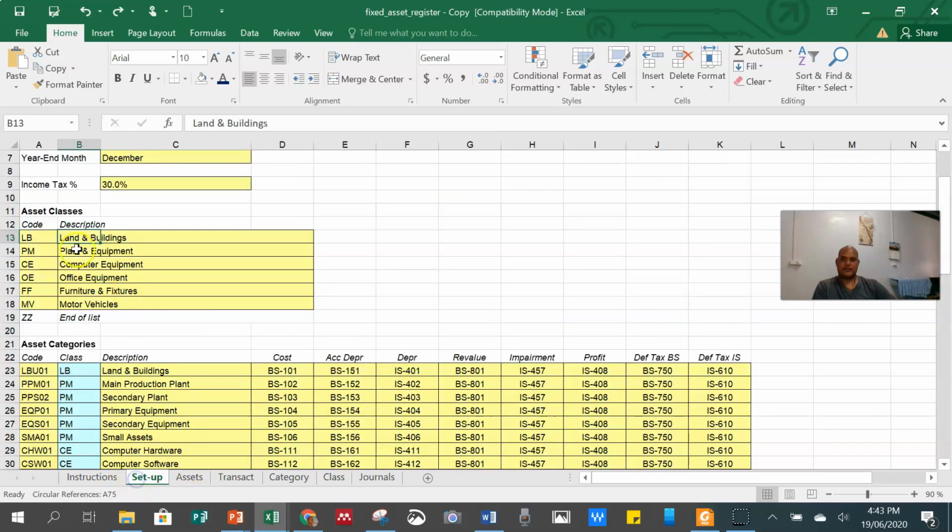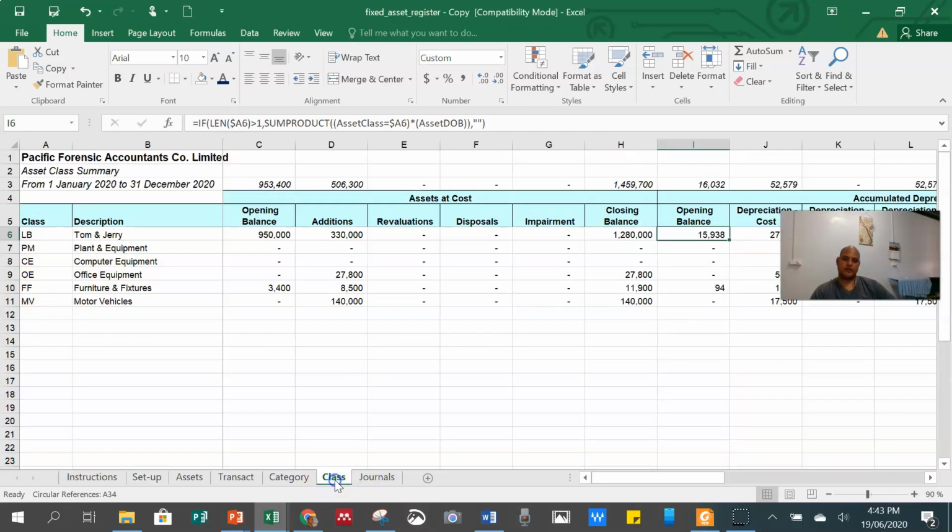So for example, if we go here and type, just an example, Tom and Jerry, they are also assets. Tom and Jerry. So if we type Tom and Jerry here, then if we go to class, it will change to Tom and Jerry here.